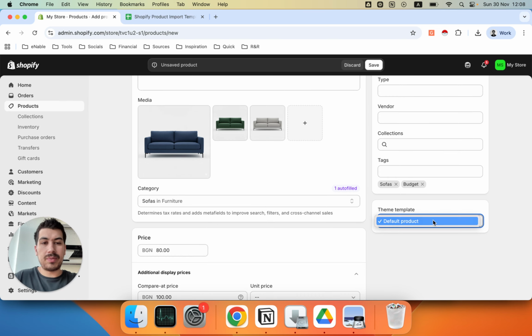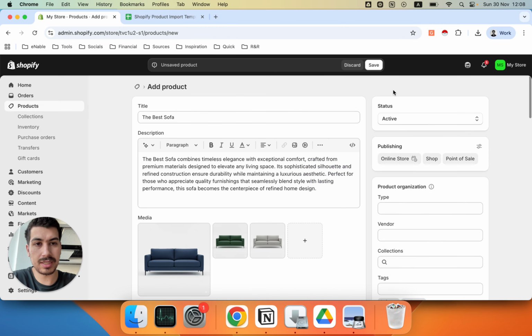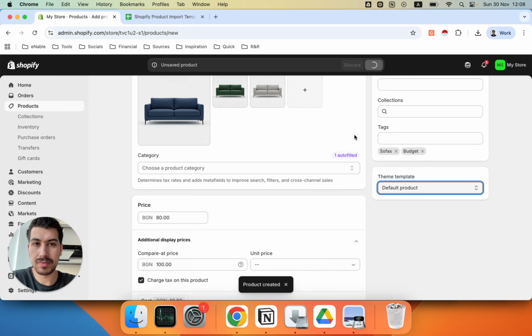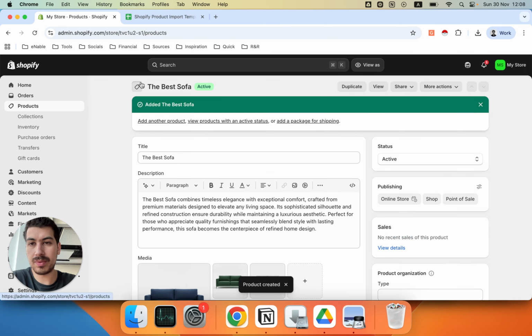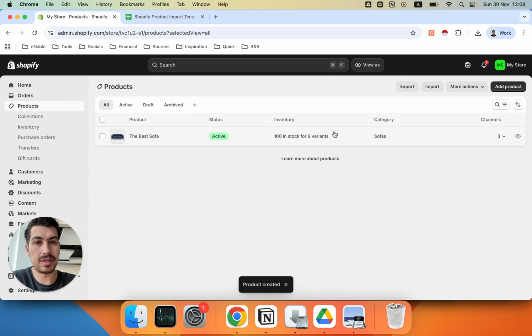Okay, and finally we have the theme template. This is going to be the product template that is assigned to this specific product. Okay, so when you're designing your online store, you can create product templates, and then you can assign those product templates to the product here. All right, so that's about it. Let's go ahead and save. And now, as you can see, we can come back into here and we have this product showing right here,